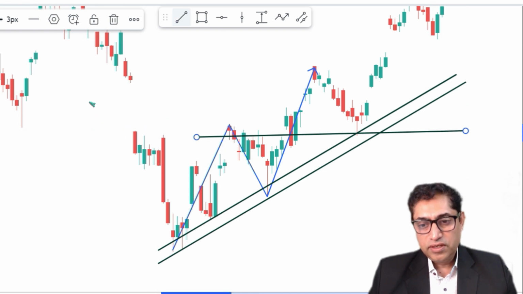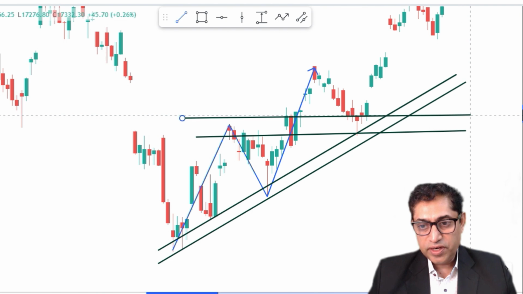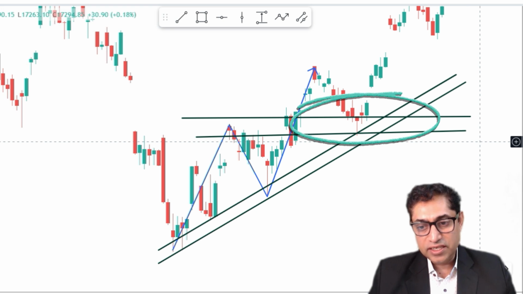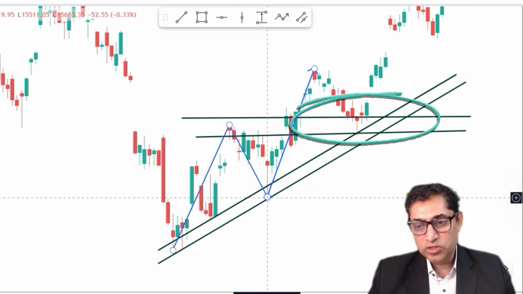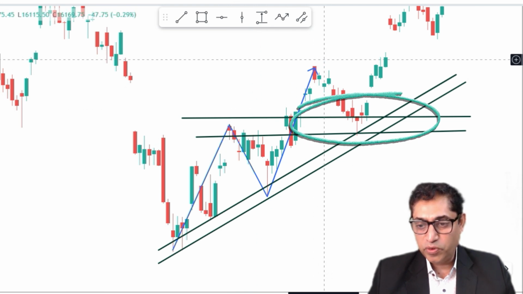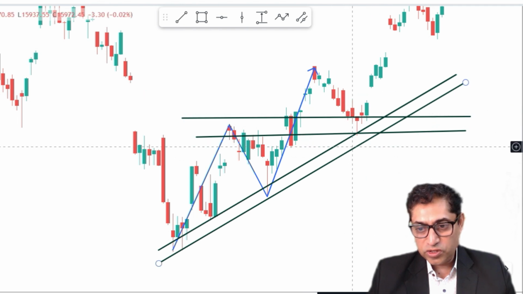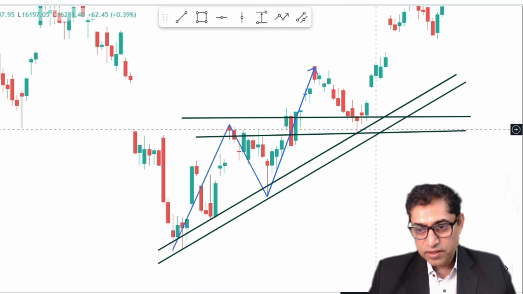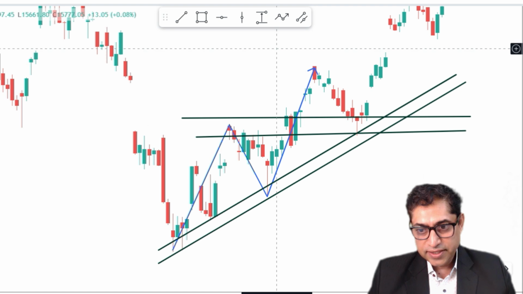So the price made a high, it made a lower low, made a higher high, and now you can see the price has come back over here, and it is at the confluence point of the trend line zone and this resistance zone now, which has become a support zone. So I will draw a small square over here, and just to make it a little bit bigger,